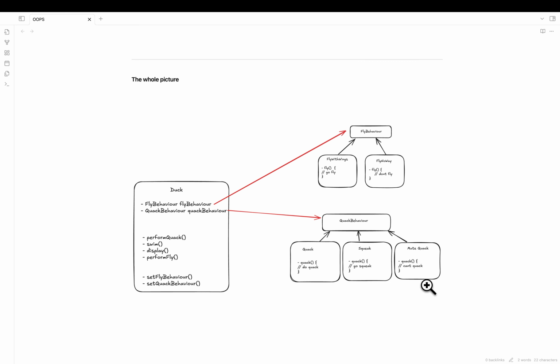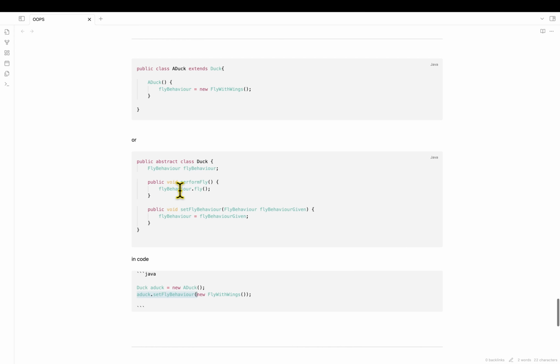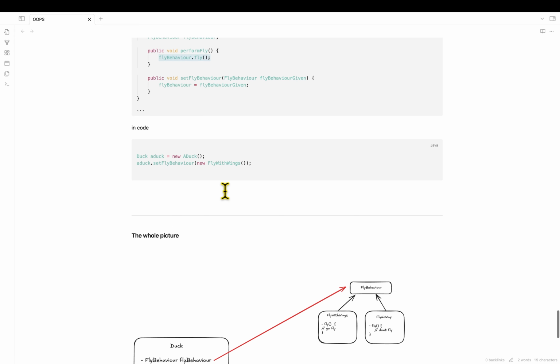As I said in the beginning, so that each of the concrete classes won't have to implement what is common to all of them, like swim in this case. Display everybody has to implement anyway, while performFly and performQuack will be common to all too, because we'll be calling them this way: flyBehavior dot fly, quackBehavior dot quack. We'll see more about this in the code.